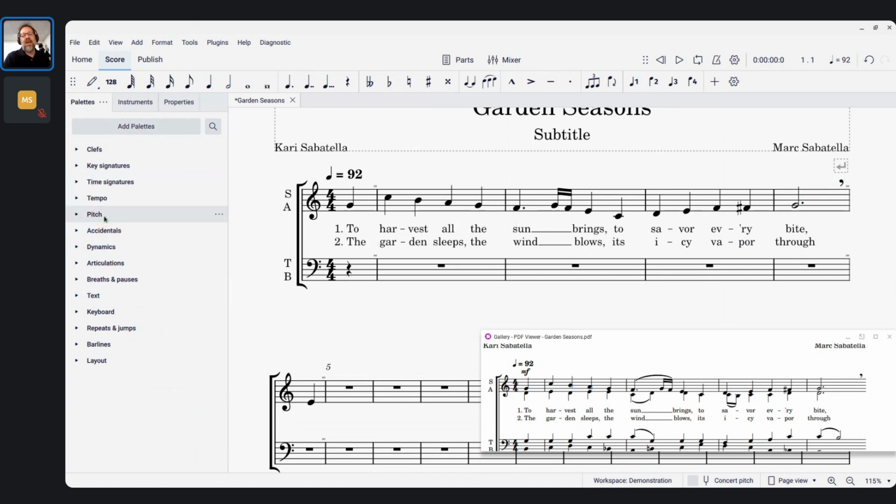Some people say they should be in alphabetical order, but I don't find that very useful. I don't want clefs really far away from time signatures. I feel like they belong near each other. But if you want alphabetical order, you can drag them that way. But if you're looking for a logical order that you don't have to think about too hard, you could use